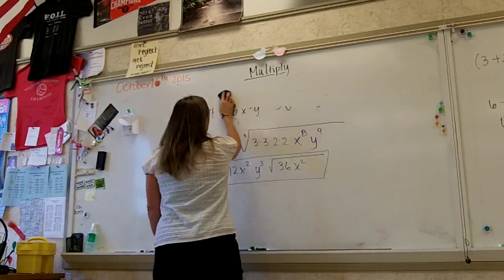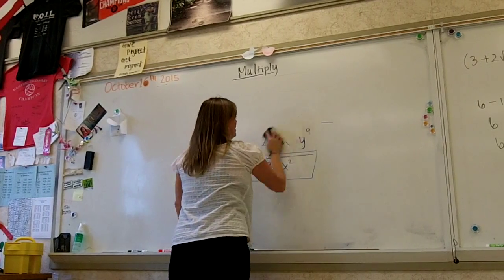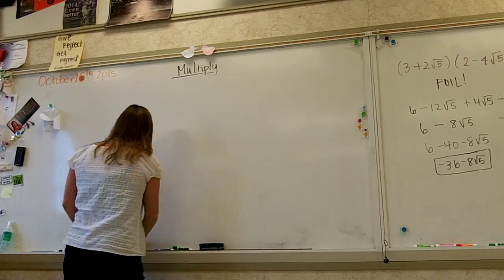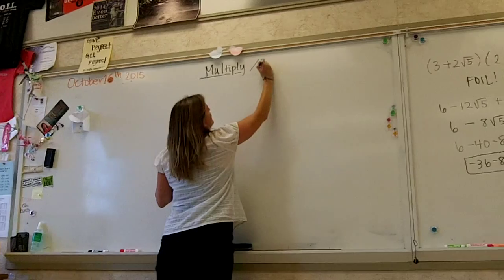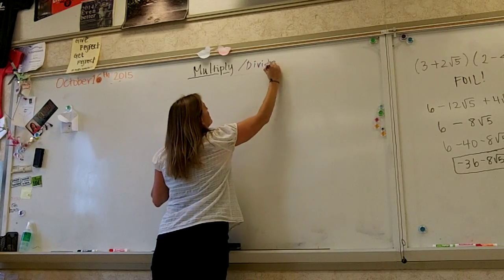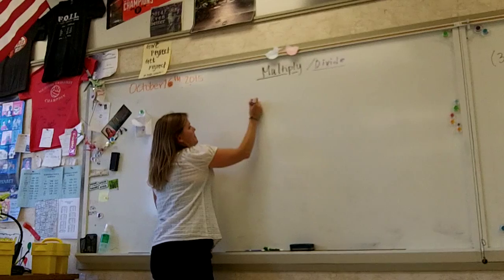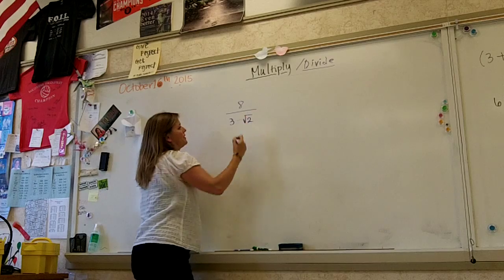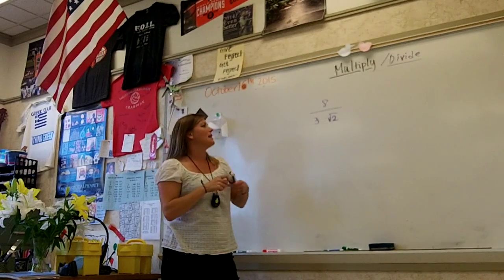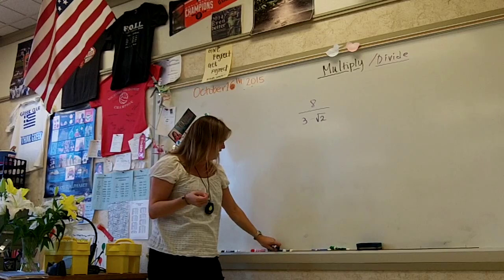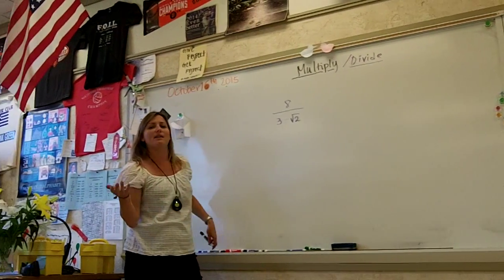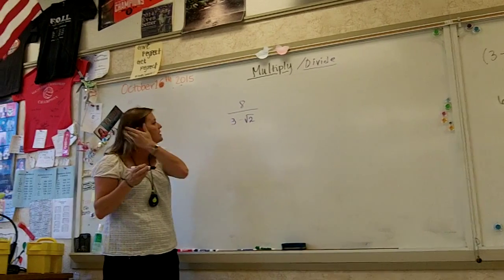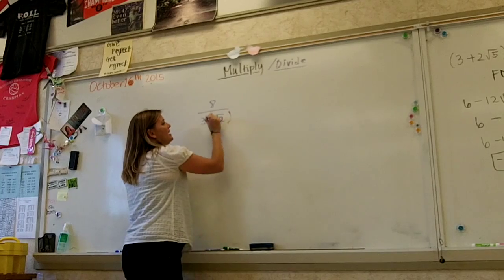Okay, so let's do a couple more examples. So, of course, if you're going to multiply, you also have to talk about divide. And division is actually almost exactly like what we did when we did the imaginary numbers. So let's say I have 8 divided by 3 minus the square root of 2. So the problem is, remember like Daniel said on Friday, there's no rats in the basement. You can't have any radicals in the denominator. So we're going to employ the same technique that we did with imaginary numbers and multiply by what's called the,